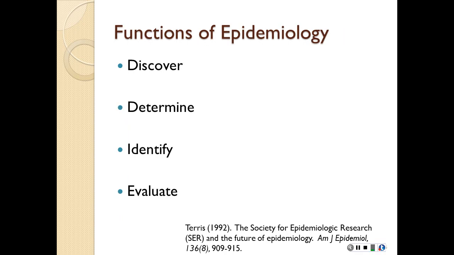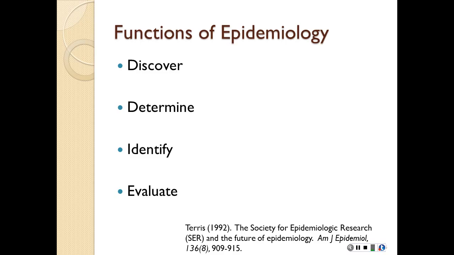All right, so what do we use epidemiology for? What are its functions? Milton Terris recognized 4 main functions of epi. So we want to discover the agent. We want to discover the cause. We want to know what causes people to get sick, the agent. We can also discover the host. If we're talking about infectious diseases, we'll talk about the host and environmental factors. We'll talk about environmental factors in chronic diseases too. So we want to discover what's making people sick.